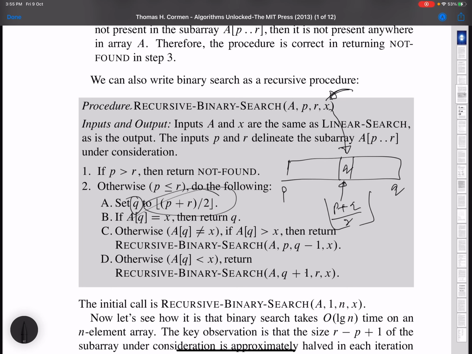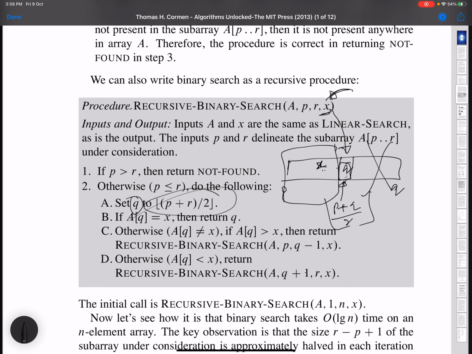If it is not, we check whether X is less or greater than the value at the Qth location. Suppose the value at the Qth location is greater than X. Then X will be somewhere in the left part, so we don't need to consider the right half of the array. We consider only the left half.